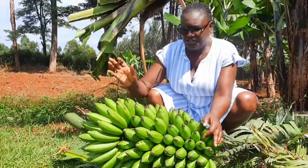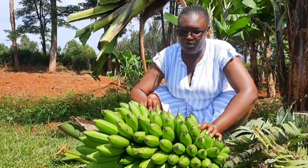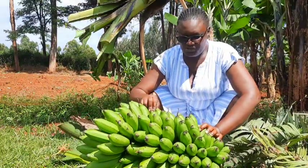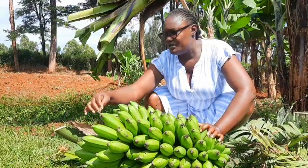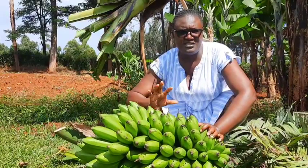So guys, I have such a huge harvest of banana. This is the type of bananas that we cook, and it is so huge. So as I'm making preparations for the El Nino rains, I'm thinking of ways to preserve it so that it stays green